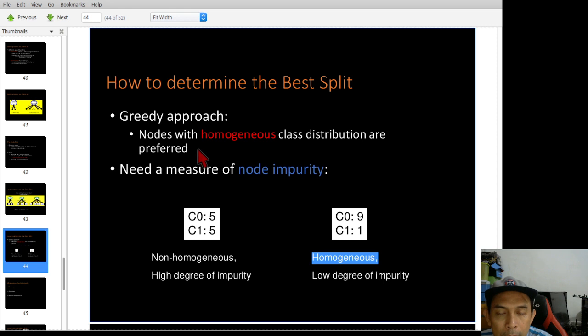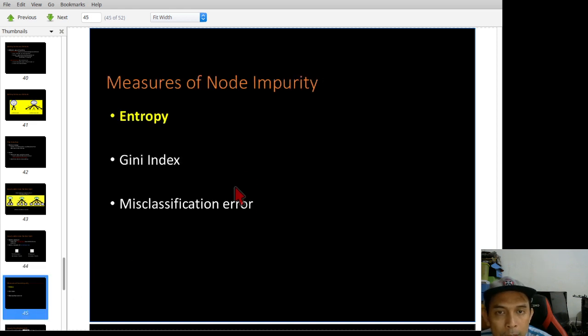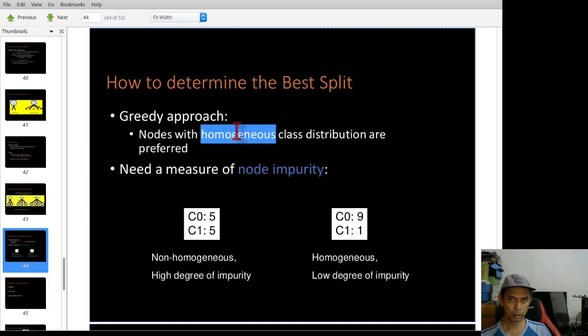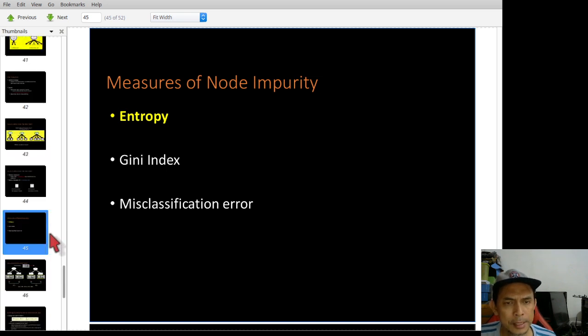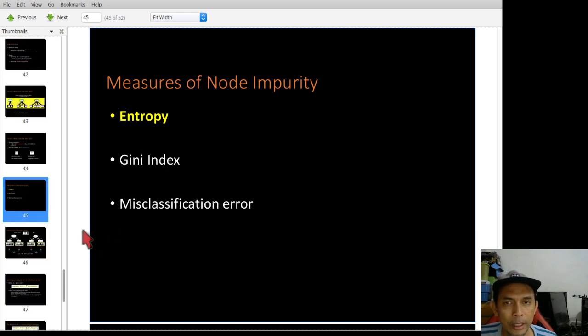But not every attribute can be measured from homogeneous distribution. That's why we come out with entropy. So to measure impurity, one way is through homogeneous distribution, but a more systematic one is by calculating the entropy. Now this is quite tricky. How to measure impurity based on entropy?